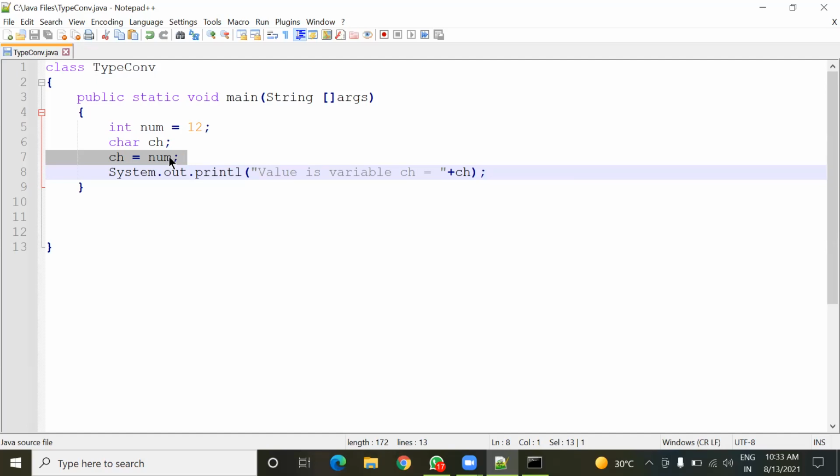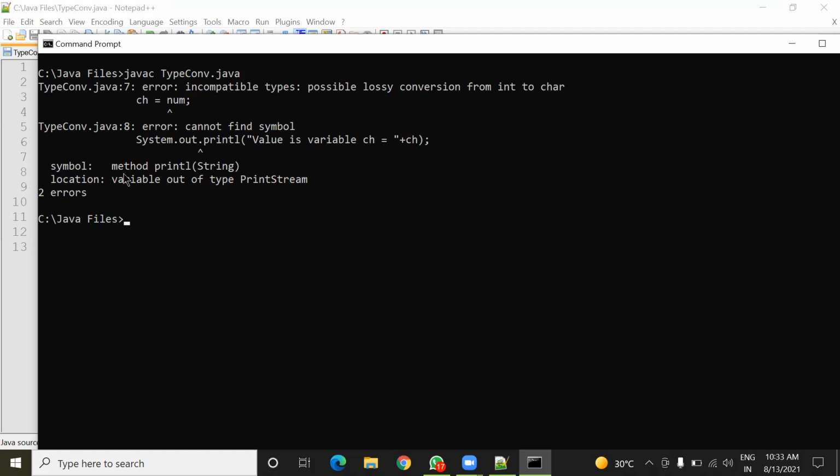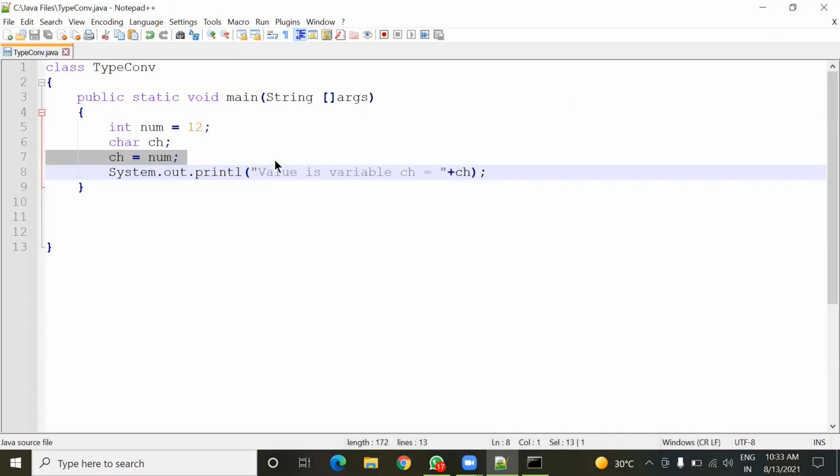So it will not happen automatically. Automatically, it happens only in case of widening, that is implicit conversion. Now the next error is what? Method println is not there. Here ln is required.